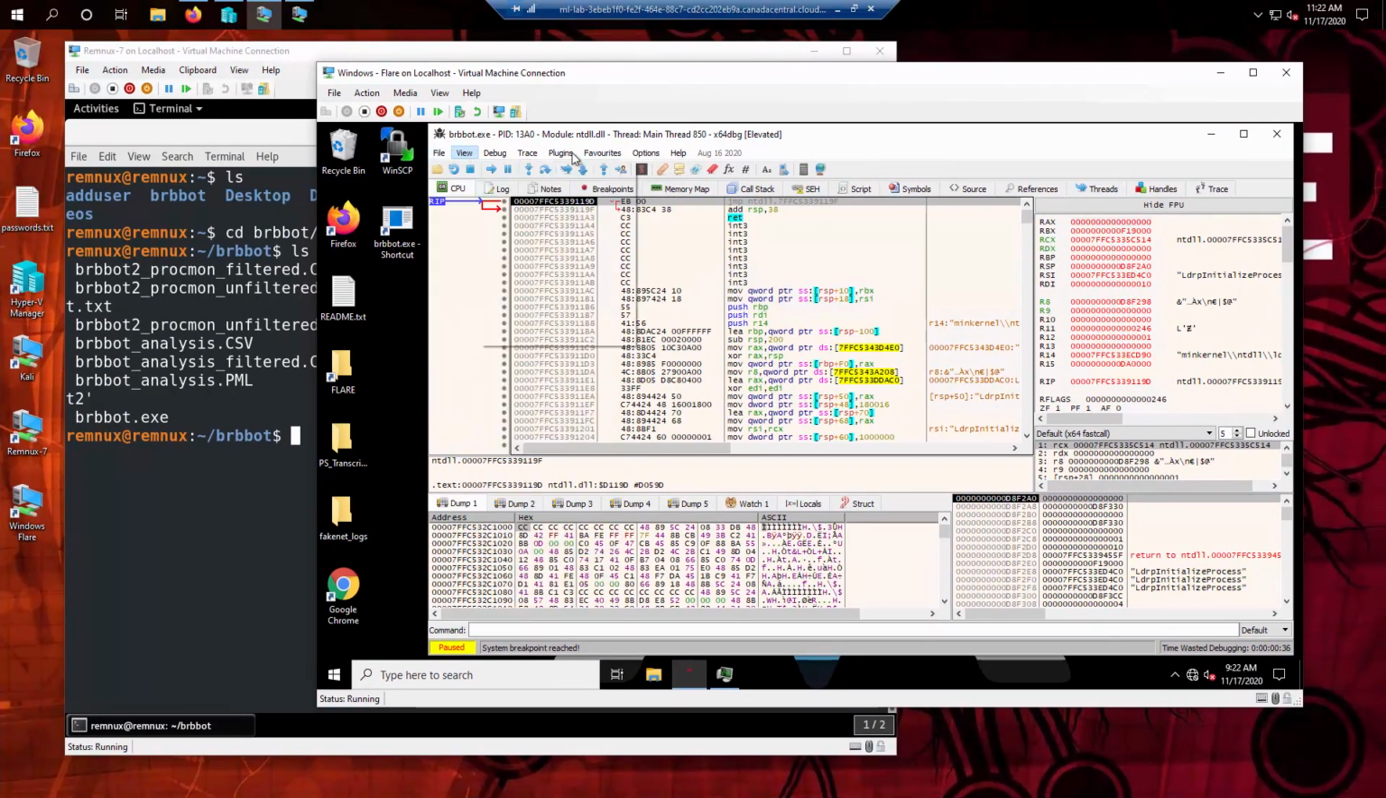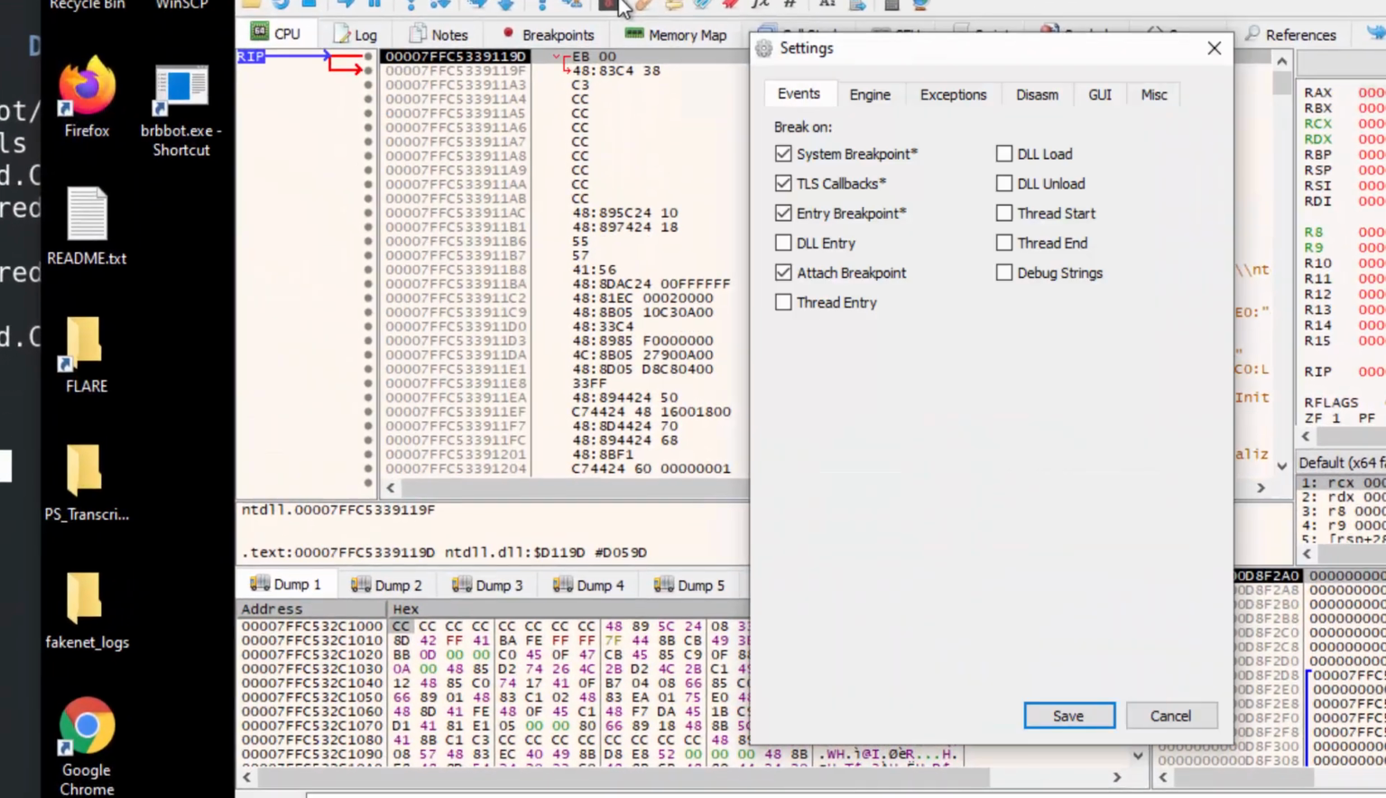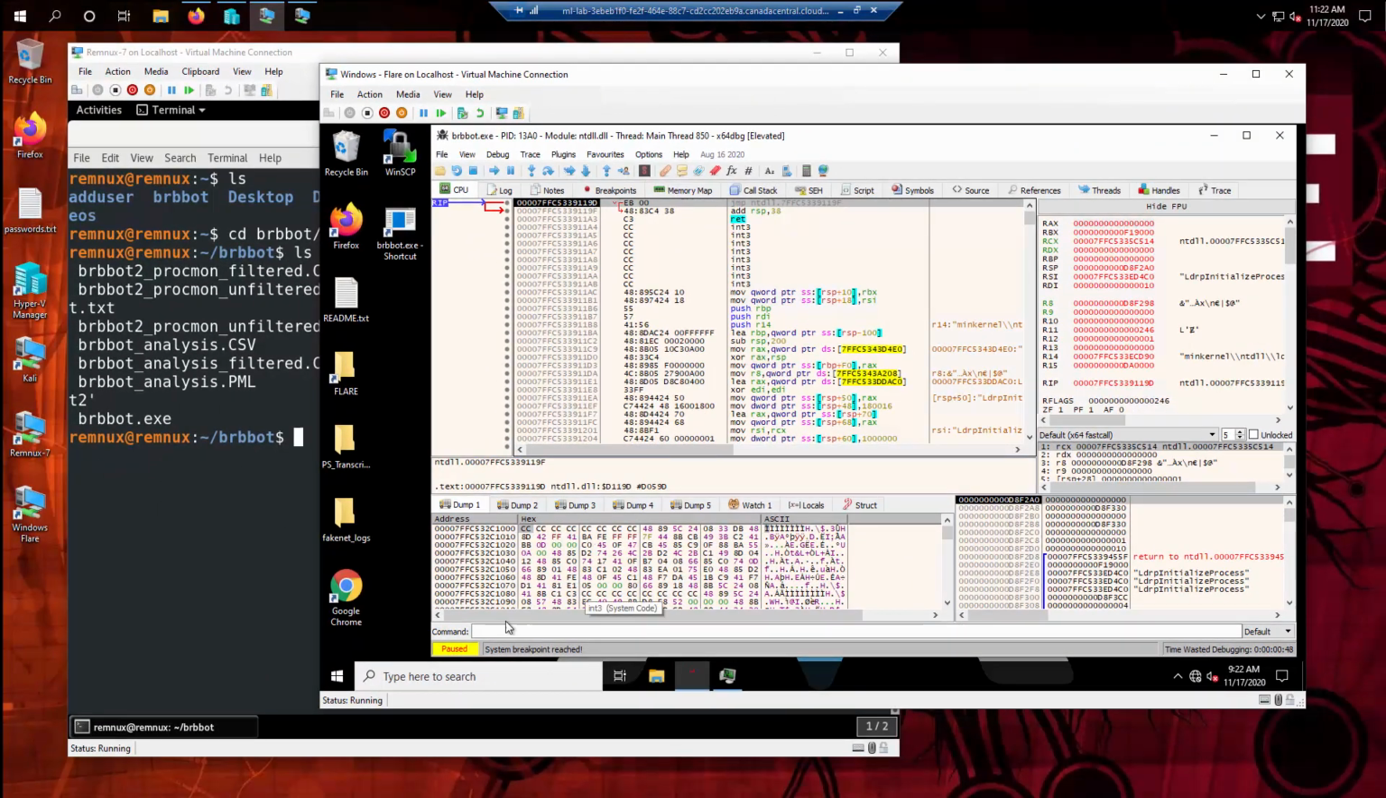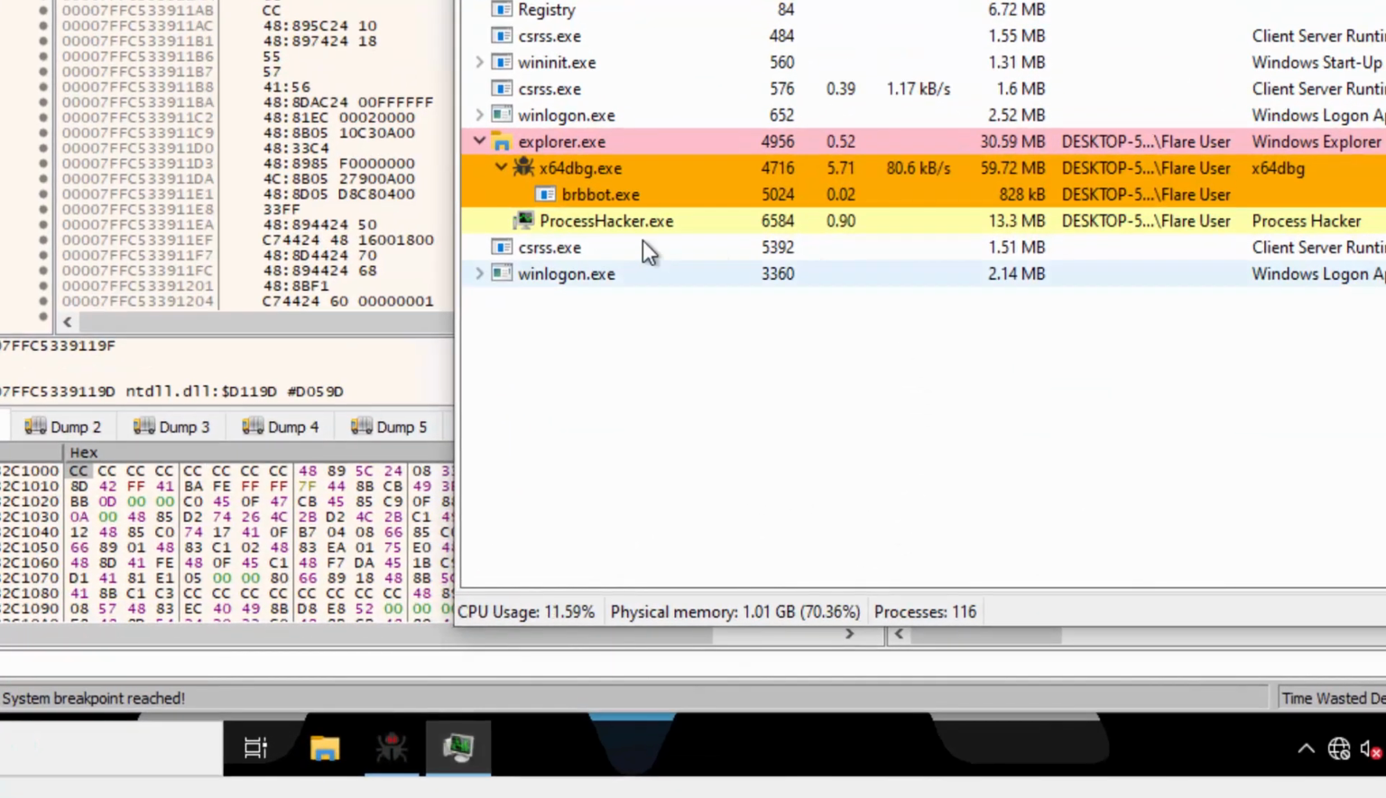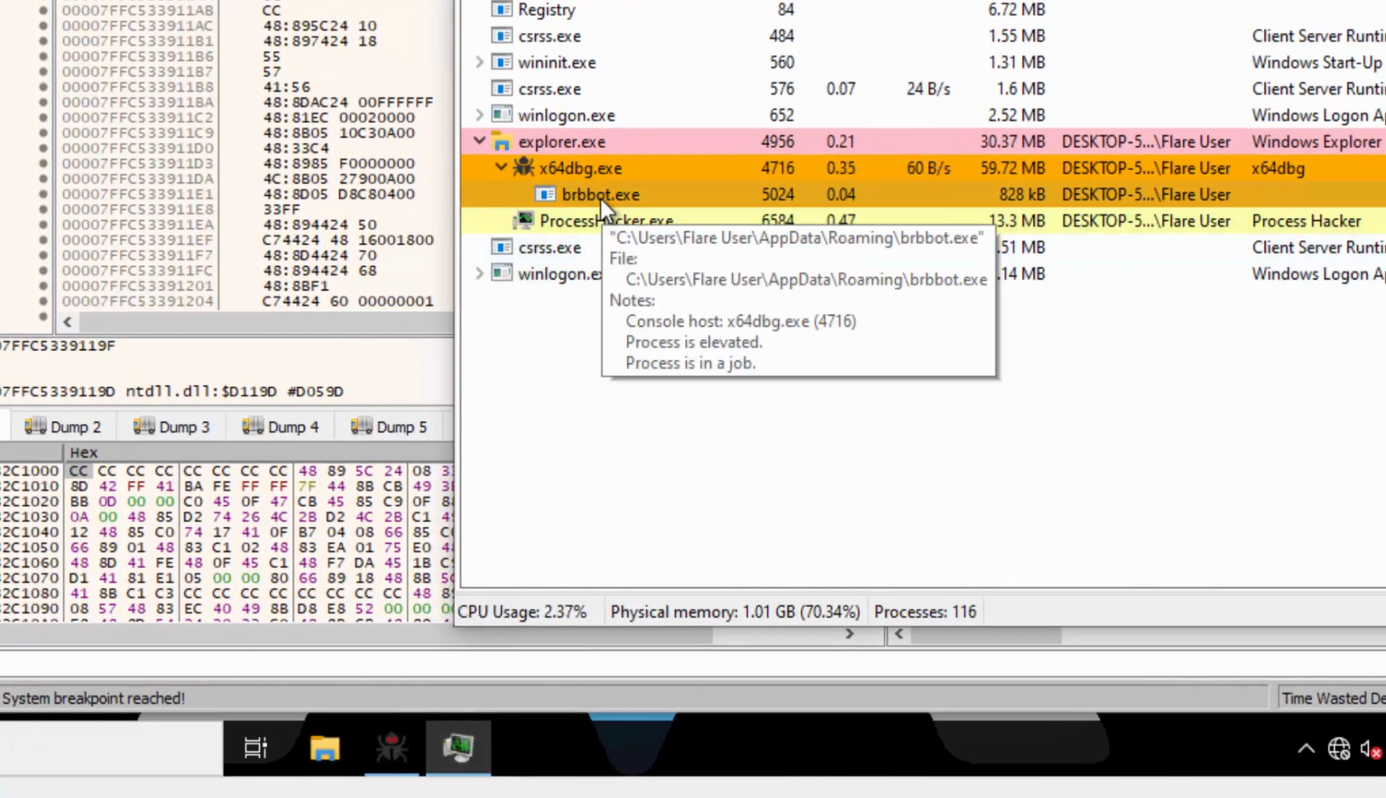Options, Preferences, Settings, yeah. Because we have the entry breakpoint setting already in place. We don't need to change these settings. They should be fine. But because of that setting, when we first loaded it, it was paused. And that's exactly what we want. So we've loaded this into our environment, and because we've done that, brbbot.exe is now a sub-process of the